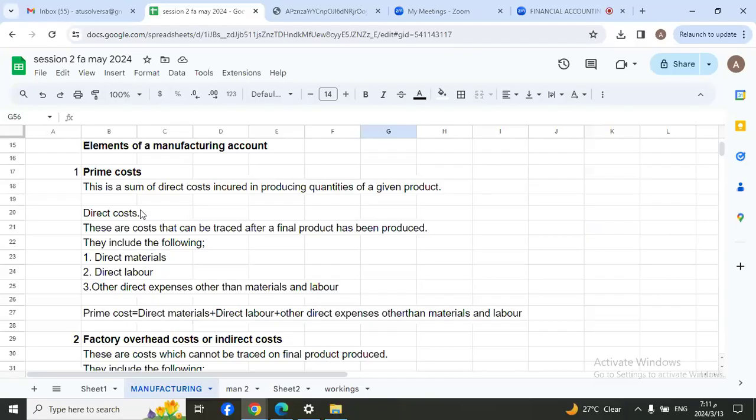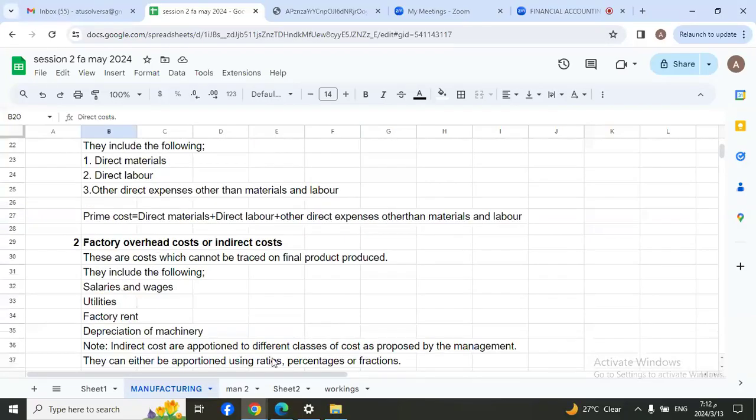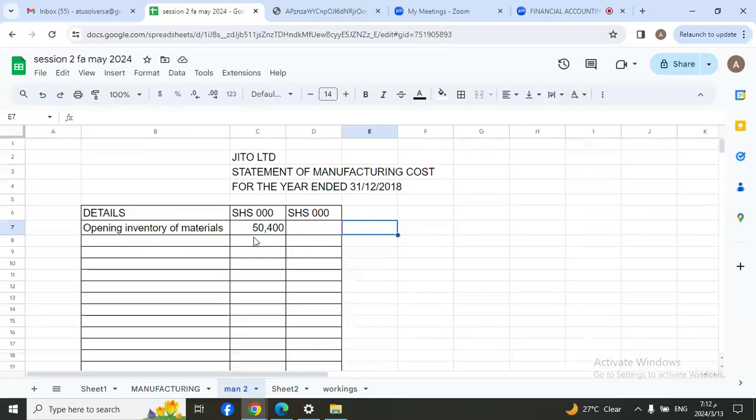They have given you the cost, the opening and closing, but they have not given you the purchases for the year. So you use the given information to determine the purchases for the year, as we could do under incomplete records. So what we are going to do here, we are going to add